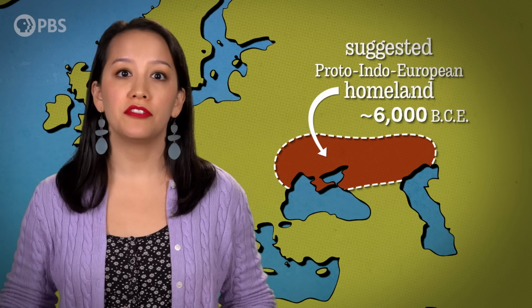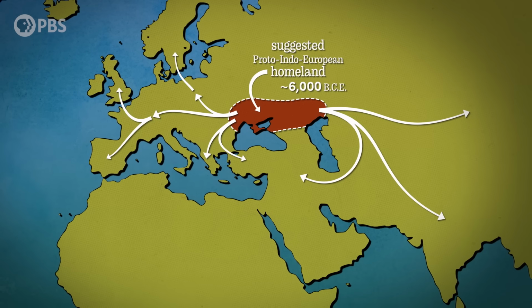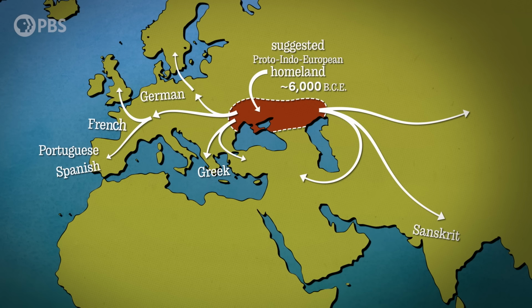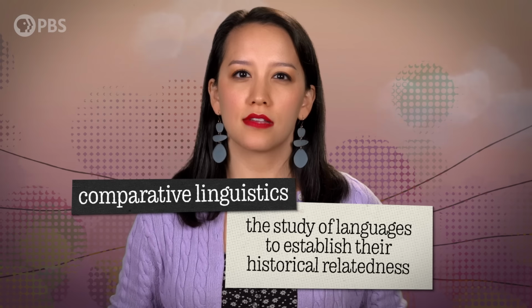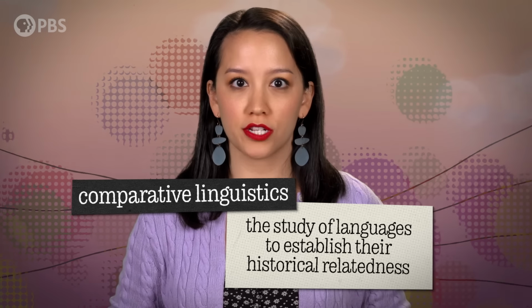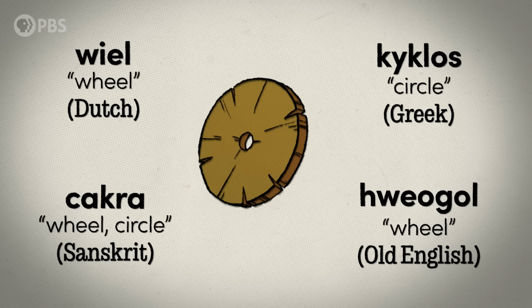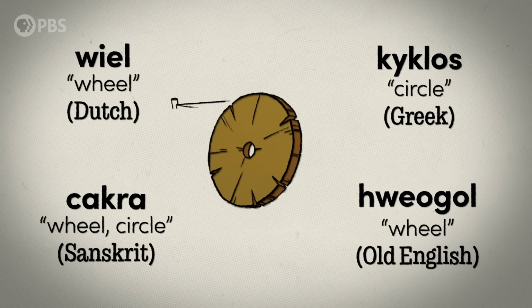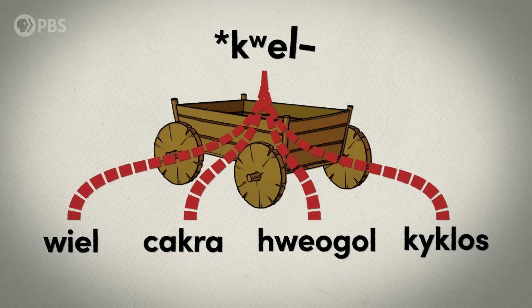As we've covered before, Proto-Indo-European is a hypothetical language spoken by people some scholars suggest lived near the Black Sea some 8,000 years ago. It's the ancestor of hundreds of existing languages, including Spanish, German, Sanskrit, Persian, Swedish, Italian, Armenian, and of course, English. Comparative linguists have been able to deduce a fair bit about Proto-Indo-European culture by discovering common word origins. For example, since several languages as disparate as Sanskrit, Greek, and Dutch have similar words for wheel, it stands to reason that the Proto-Indo-Europeans had wheeled vehicles, and linguists have reconstructed a PIE root, kwel.